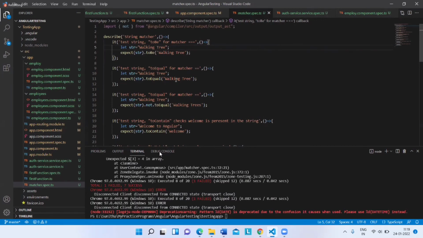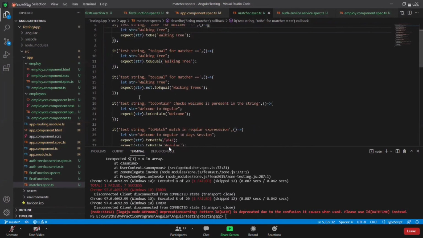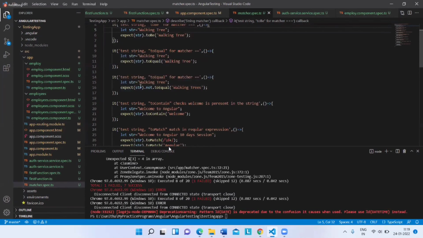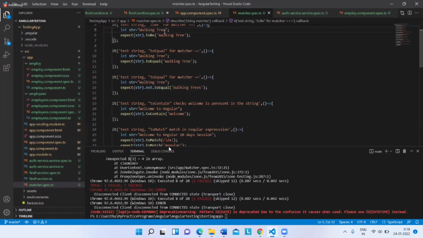Next, what I gave is expect str dot not equal to "walking tree". I'm checking one more condition: in the previous test I checked that it should be equal to, and here I'm saying that it should not be equal to.